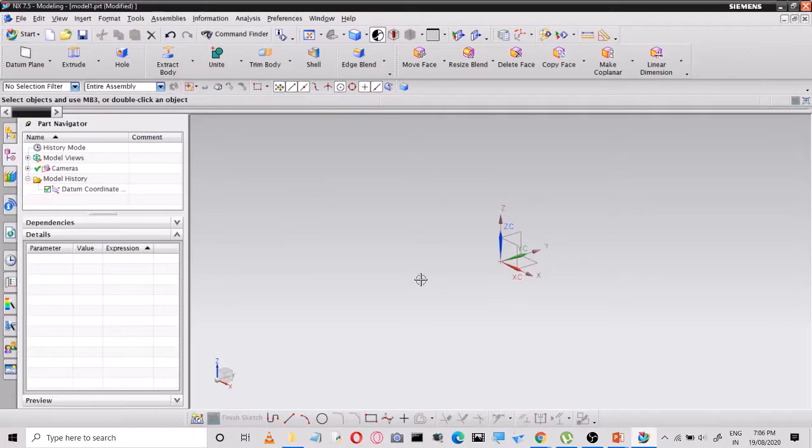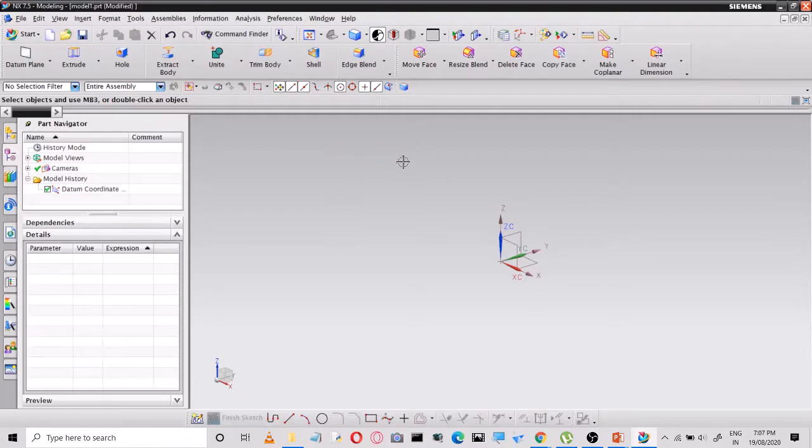So now this is the welcome screen of your part modeling. Okay, part modeling. So now .prt refers to the part modeling here. Star.prt refers to the part modeling.